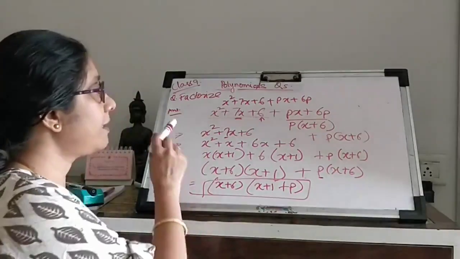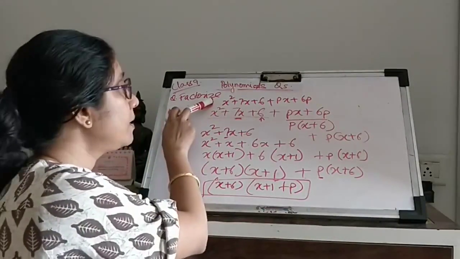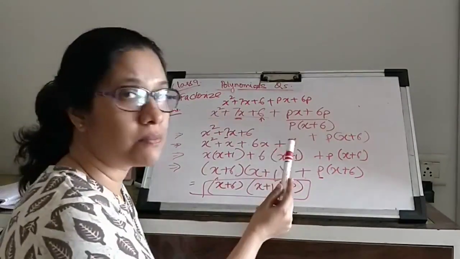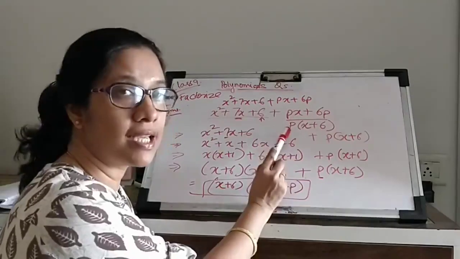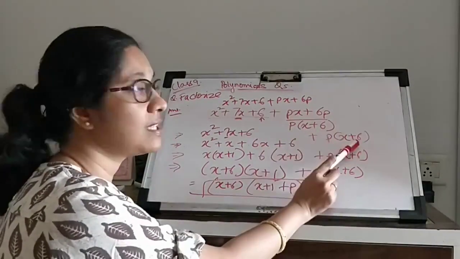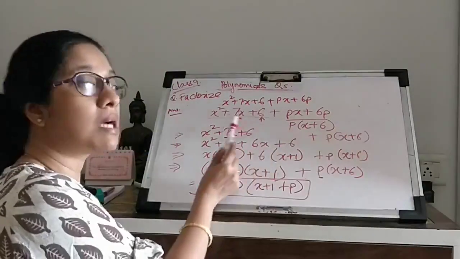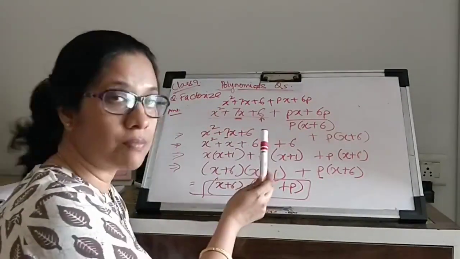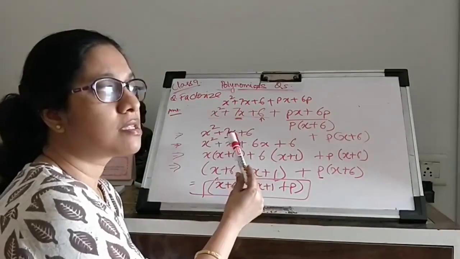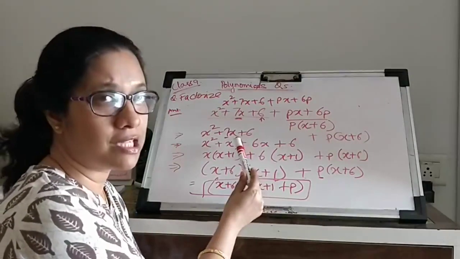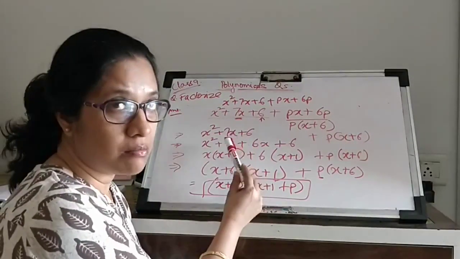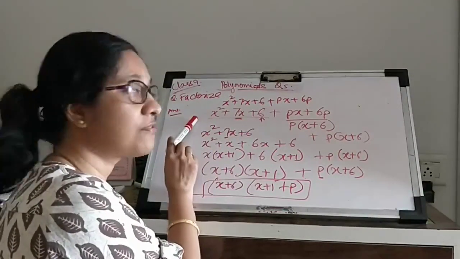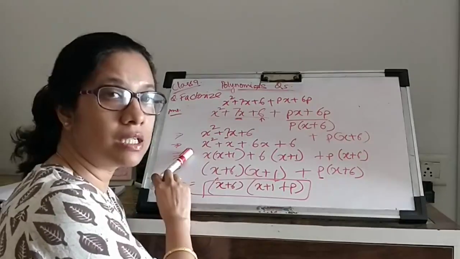Quickly, we'll go over it again. It is a 5-term polynomial, break into 3 parts and 2 parts. The second part, just by observation, looks very simple, and we take out p common from here, so that remaining with us is x plus 6. Now come back to the 3 terms on which we can either use midterm splitting, or we can use a simple formula a plus b whole square or a minus b whole square, just by looking at it visually. Here it doesn't look like a straight cut formula, so I applied a midterm splitting.